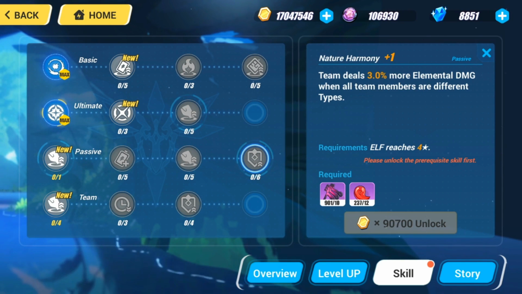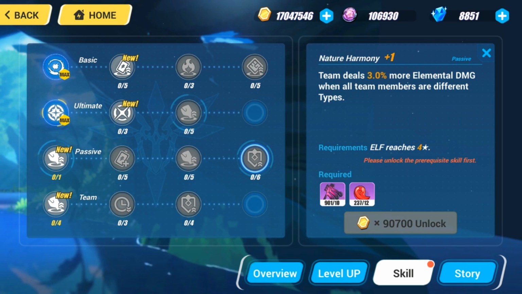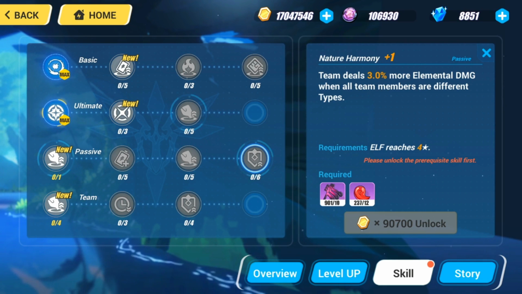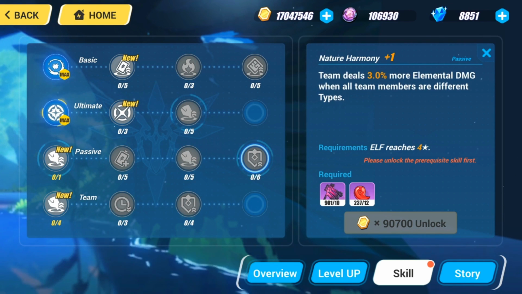And then, the one and only skill you learn at 4 stars. So when maxed out, this skill provides 6% more elemental damage for your entire team when all members are of different types. Yeah, sounds like I'm explaining a leader skill, right? Somewhere at that level. I mean, given that it's an elf, 6% passive, just for having the elf with you, that is pretty insane,